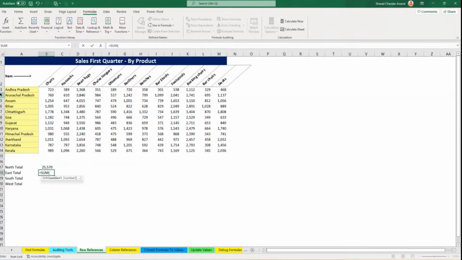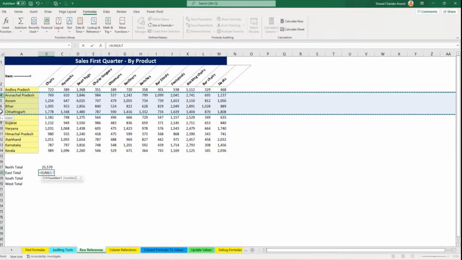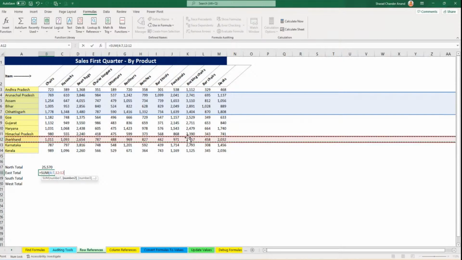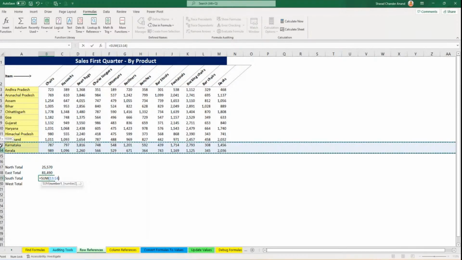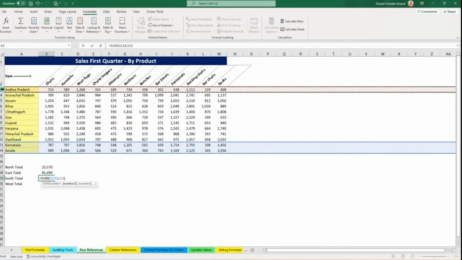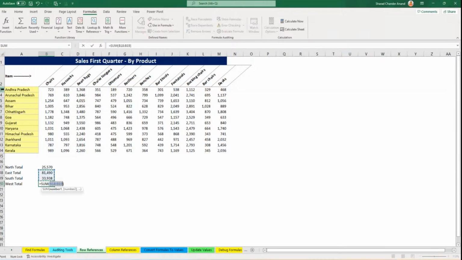East will have these 2, 3, 4 states, comma, we have this state as well. So what we're doing here is giving the reference to the entire row. Press enter. There we go. And south, I'll simply press Alt equal. And for south, we have Karnataka, Kerala, and Andhra Pradesh. Okay, press enter. And for west, we have Goa, Gujarat,